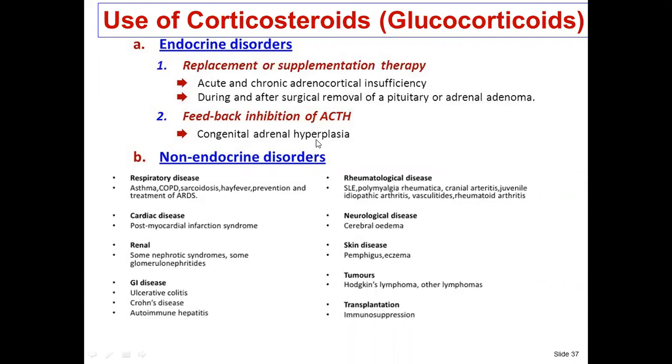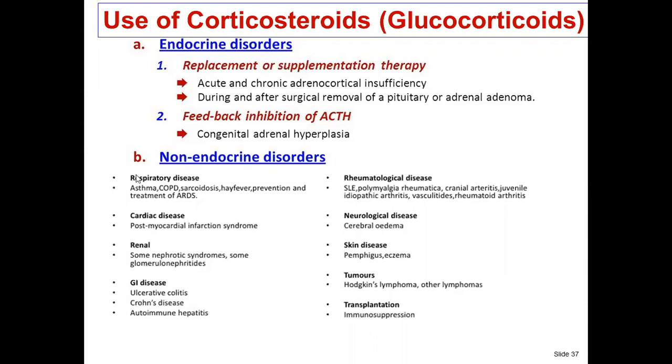So the adrenal gland is there, but the tissue does not work because of a congenital error. In that case, definitely they have to use lifelong corticosteroid or glucocorticoid. What are the non-endocrine disorders? As I told you, steroid is a life-saving medication. There are so many indications of steroid. If a condition in this list is not controlled by the usual medications, we use a high dose of steroid,